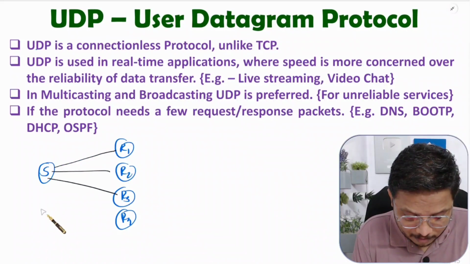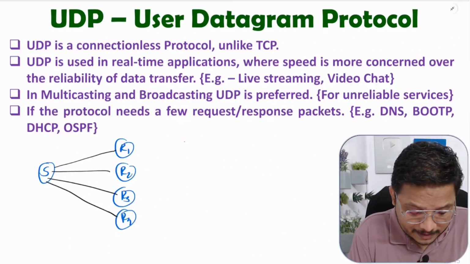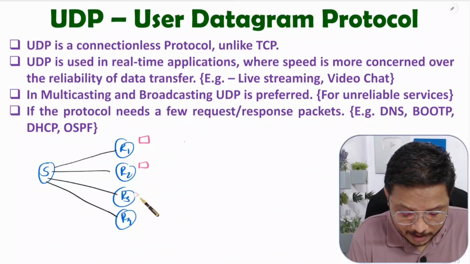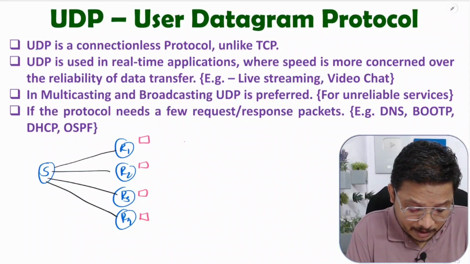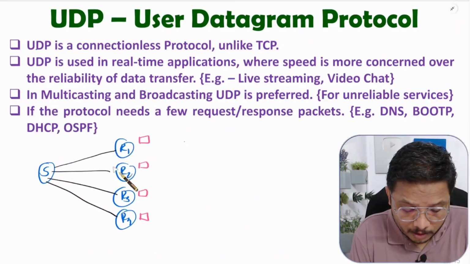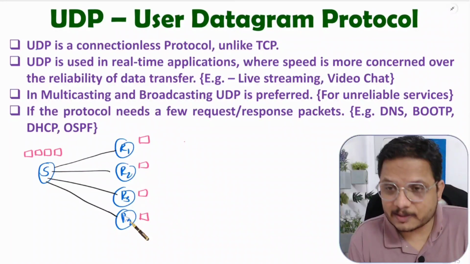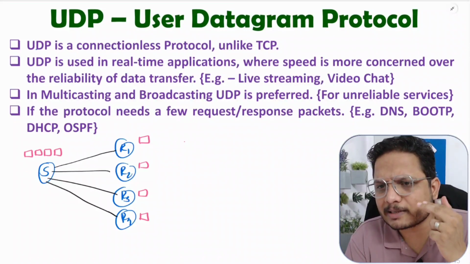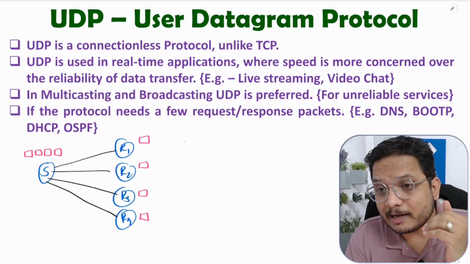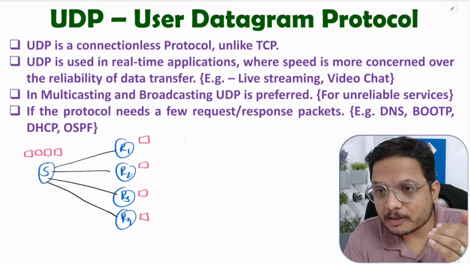For broadcasting and multicasting, now see what will happen. In the case of TCP, there will be a sender window and a receiver window. The receiver has a window here, so with the receiver it is fine. There will be a single window. But with TCP, the sender will have a separate window for every receiver. So here I am showing you 4 different windows for 4 receivers. But in a practical scenario, like broadcasting, let us assume you want to broadcast a message to 100 receivers. With 100 receivers, you need 100 windows, 100 sliding windows with TCP.